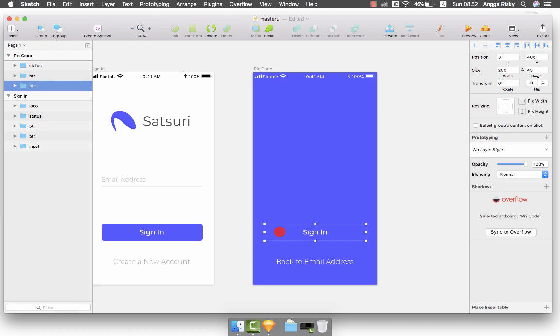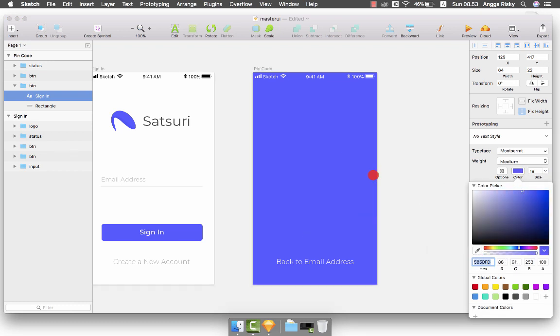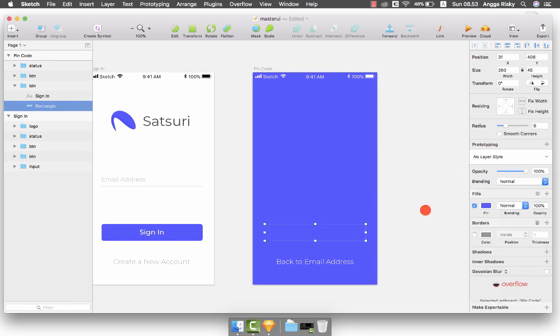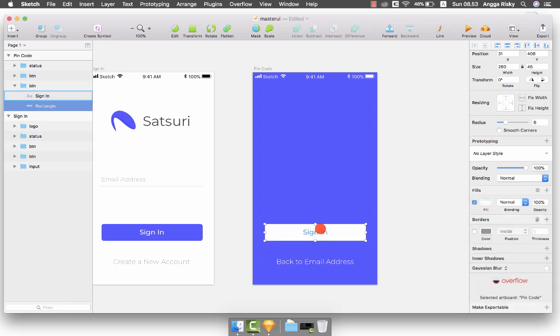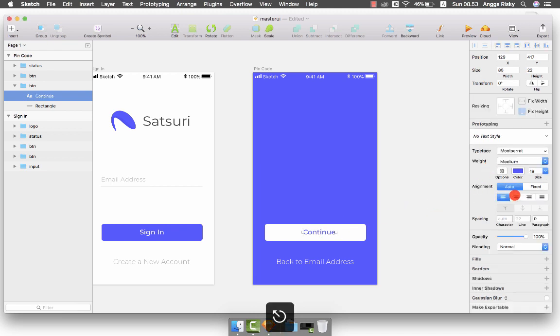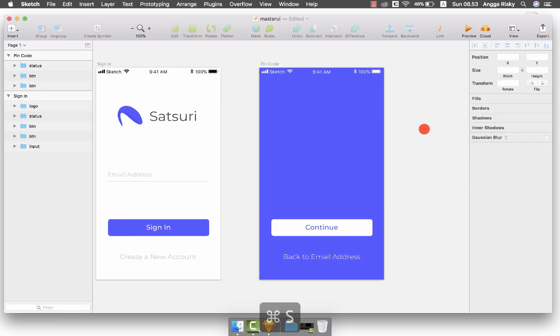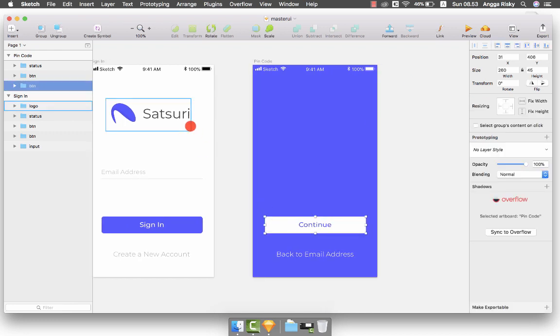And in the sign in button here, you have to change the color to become blue. Okay, but the background has to be white color like this. In the sign in, we can change to be continue, make it to the center like this. Nice. And then we have to create